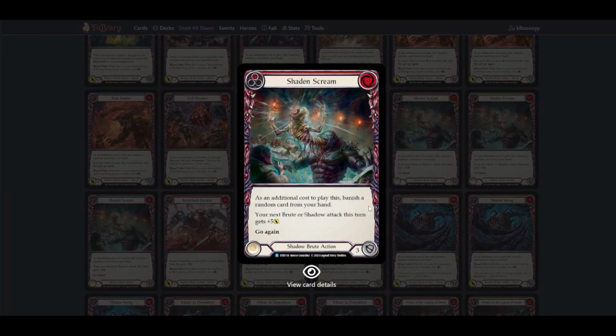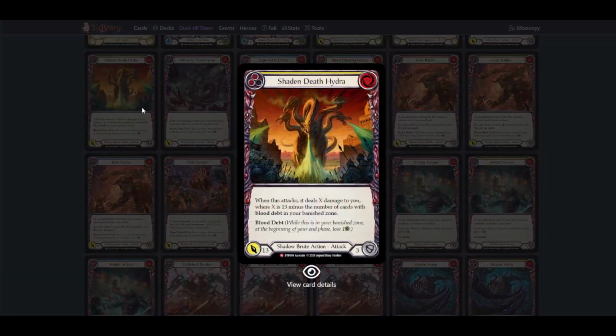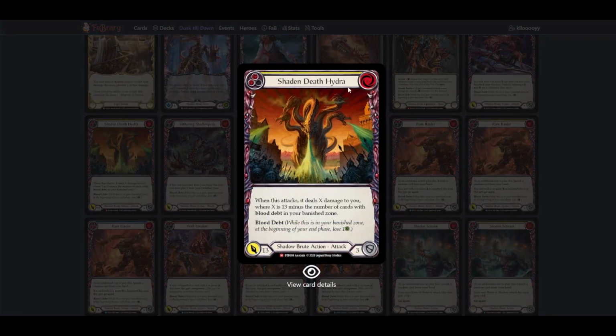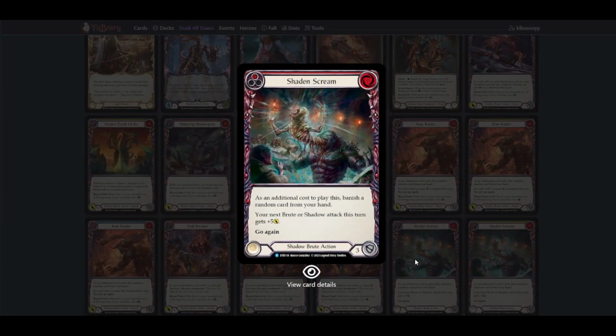Okay, as an additional cost to play this, banish a random card from your hand. Your next Brute or Shadow attack this turn gains +5. Again, lots of good setup for the Hydra, right, to really try to accomplish Levia having this finisher. I mean, between Shadowed Scream and Shadowed Death Hydra, right, you could easily get this pretty high. If you had 2 of these, right, if you didn't have the random, or if you had a way to